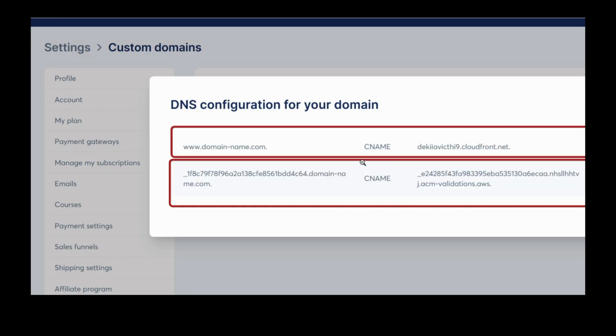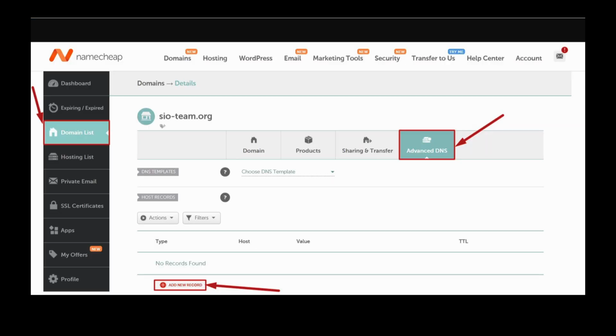Now these records, on the left side, they're called host, I should say. I'm sorry. This is a host, and this is the value for CNAME record number 1. CNAME record number 2, this is your host, and this is your value. And you'll see the reason I tell you those words is because when I come to Namecheap, they're going to ask me,